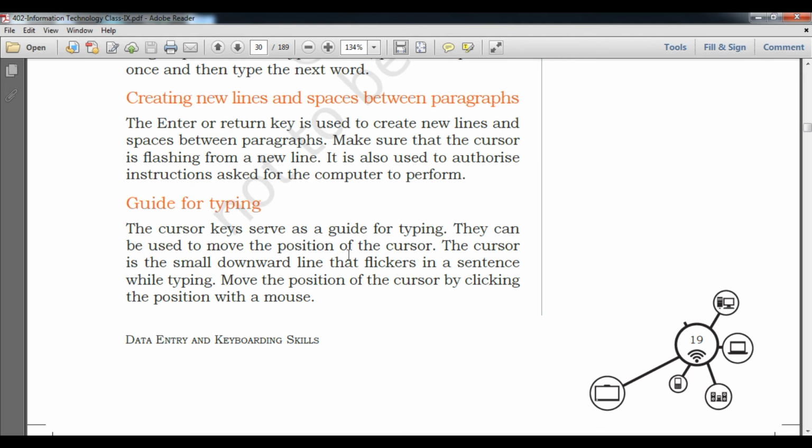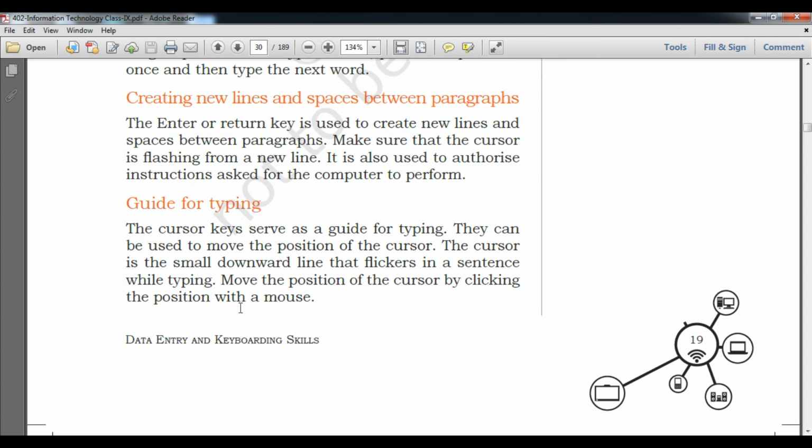It can be used to move the position of the cursor, and the cursor flickers while typing a sentence. Move the position of the cursor by clicking the position with the mouse. Yes, student, this particular paragraph tells you about the cursor. As you can see, I'm moving this cursor. This helps you know where you are typing.